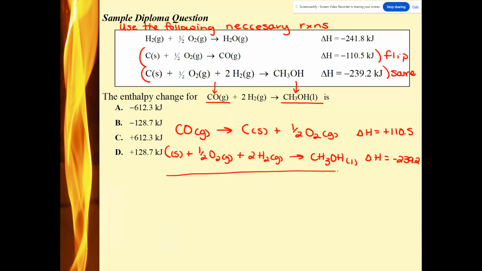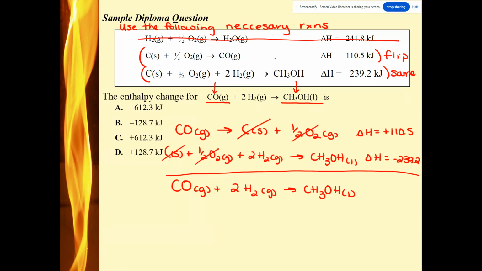Now, let's put these together and see if it gives us our net without needing to use the first equation given. So my half O2s can cancel, my carbons can cancel, and notice what we're left with. We're left with CO gas plus 2H2, making methanol. So I did not, in fact, need to use the first equation, okay? I only needed to use those 2 equations, and the hydrogen ended up there by itself from the methanol equation,